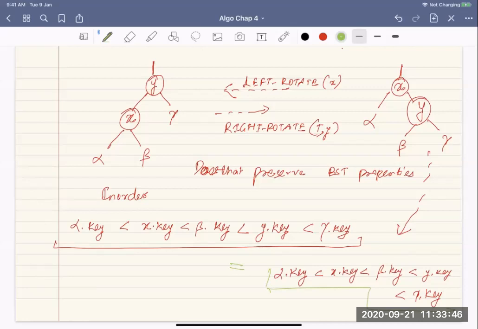And what is happening? I'm just using this particular link to connect that. So if I have to do rotation, how many operations do I have to do? Actually, you will have to change certain pointers, some pointers, and you can even very easily define it.